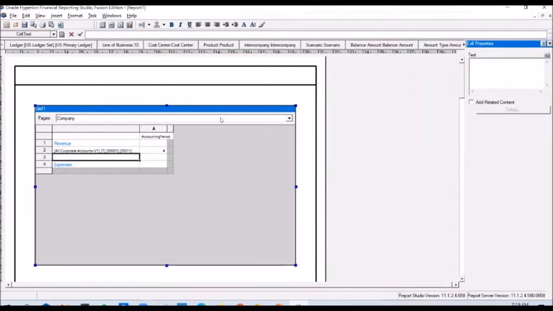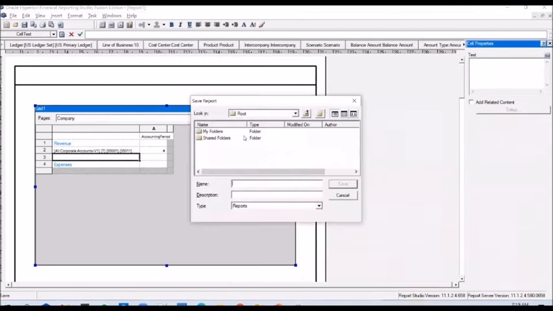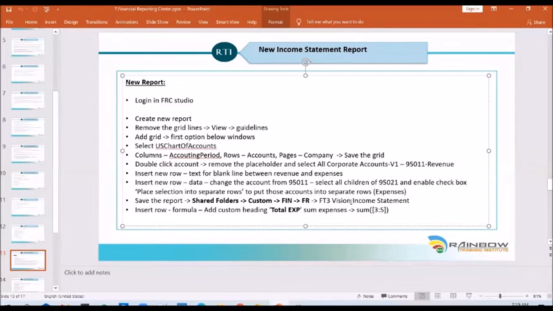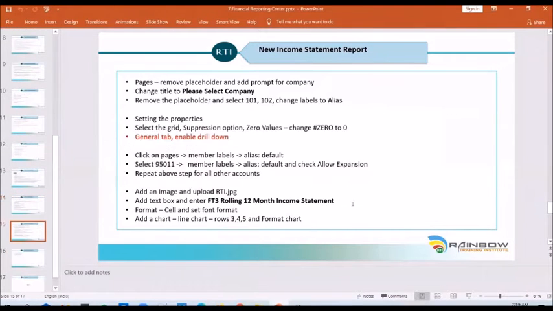And it is always a good idea to keep saving your FRS report once in a while when you're building it, because sometimes FRS software might go into a not responding state. And if that happens, you will lose all the work that you have not saved. So how do you save it? You click on the save button. It'll ask you to give a path where you want the report to be saved. I've given the path in the PPT. So you need to save your report to this specific path.